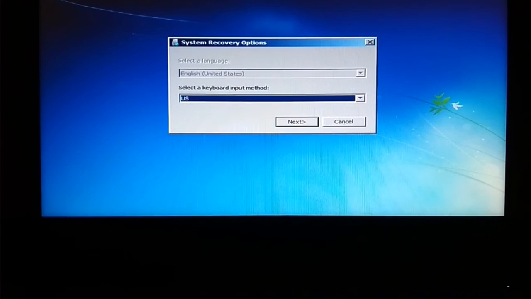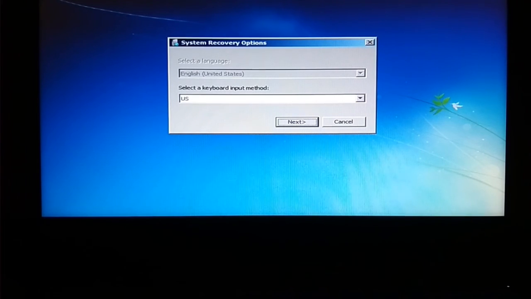Now use the tab key to select the next button, and after selecting the next button using the tab key, just hit enter.